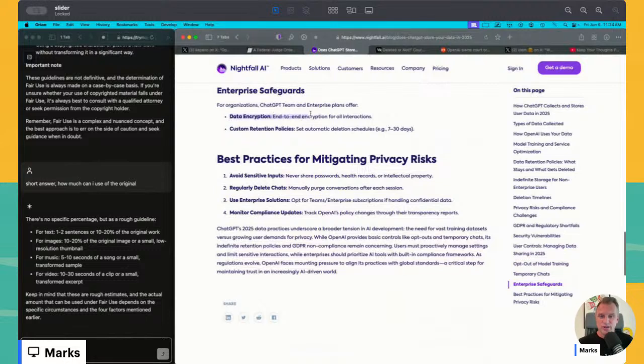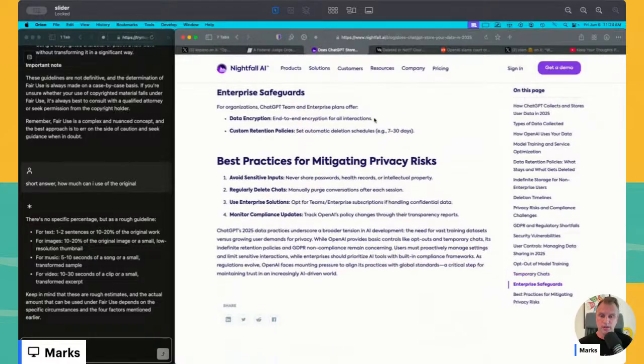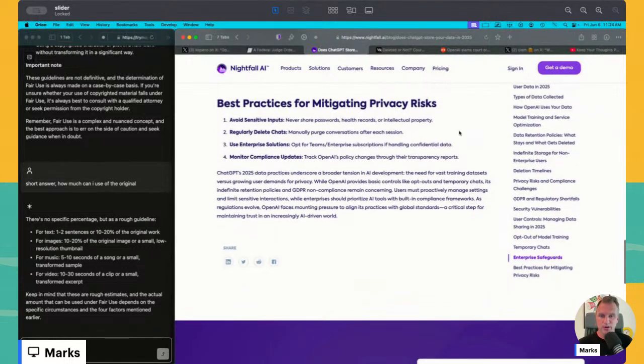Enterprise users can have end-to-end encryption for all interactions. So if you are a large corporation and want to pay a ton of money to OpenAI, then you can encrypt your stuff end-to-end. I don't know the specifics about that, but there is still some trust involved in how OpenAI is running the servers. But this is likely pretty good. You just have to pay a lot of money for it, and then you can also set custom retention policies